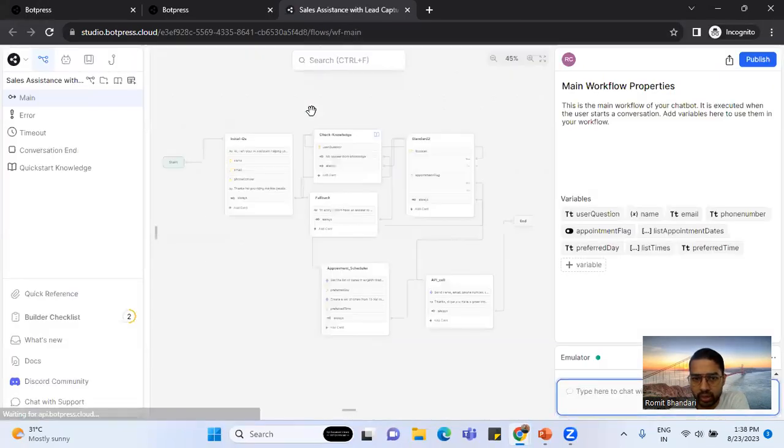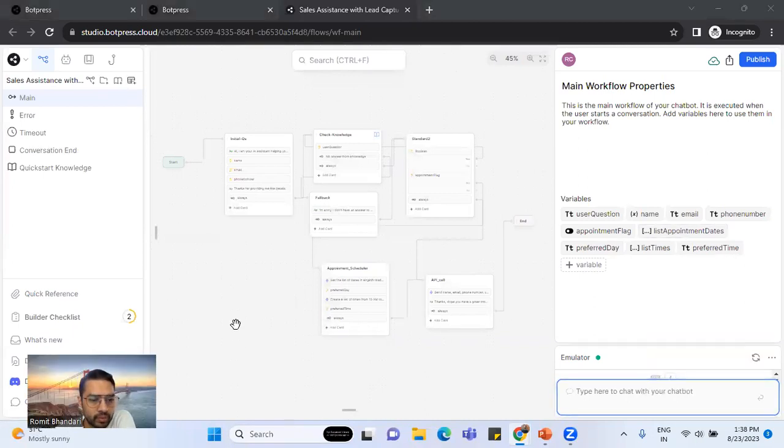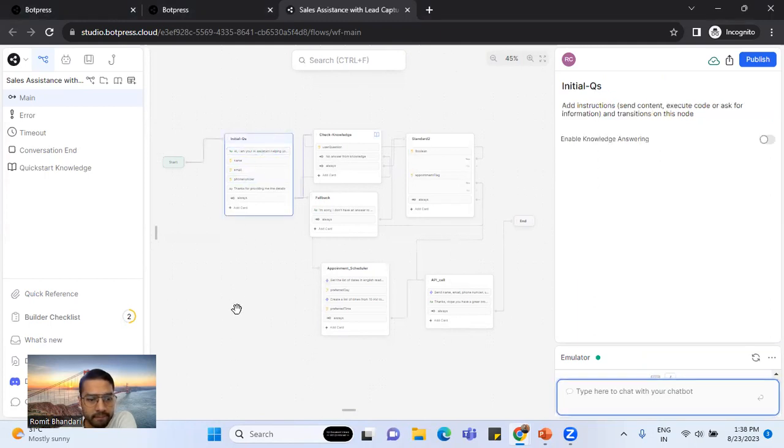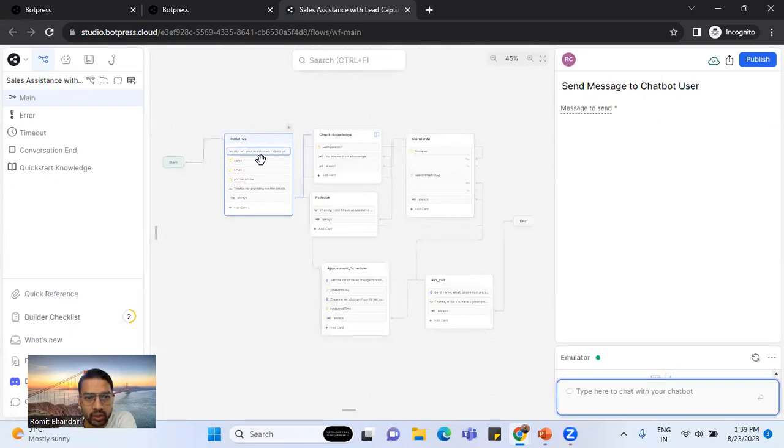So let's see what are the features we have in Botpress real quick, and what it is doing in terms of the conversations happening with the user, and what are the different features it has. Okay, so basically you can start off with creating a standard node. This is one standard node I created. Okay, in this node,